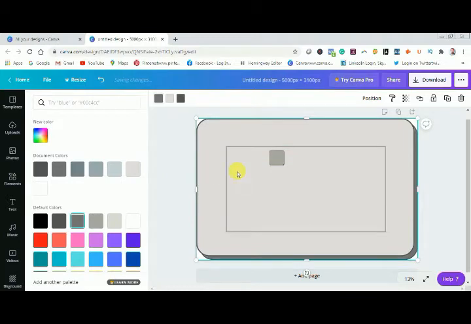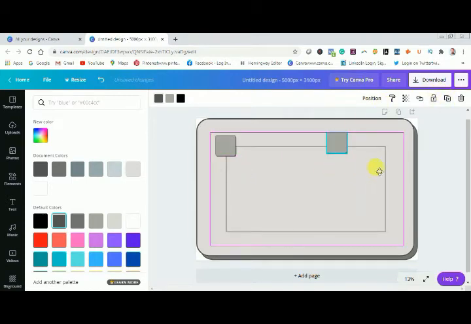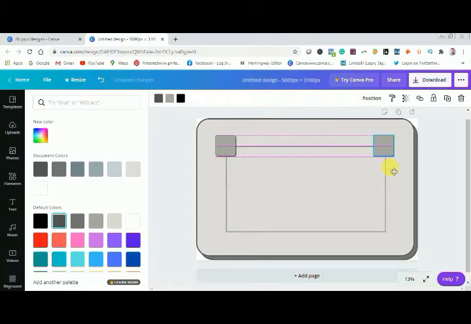The rectangle color I will change, and now I will make it a little larger and I will drag and drop it here. Now for making it duplicate I will press on the key duplicate. I will place these small rectangles all over.